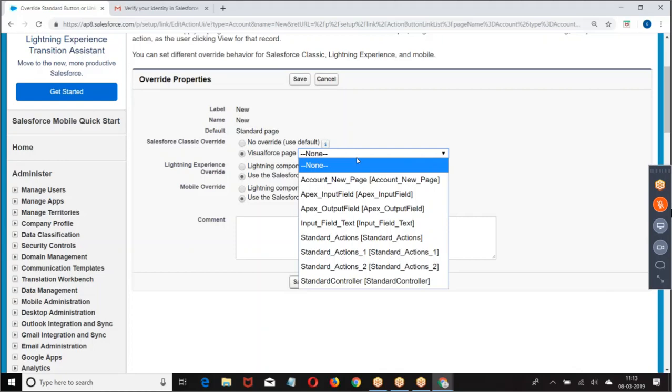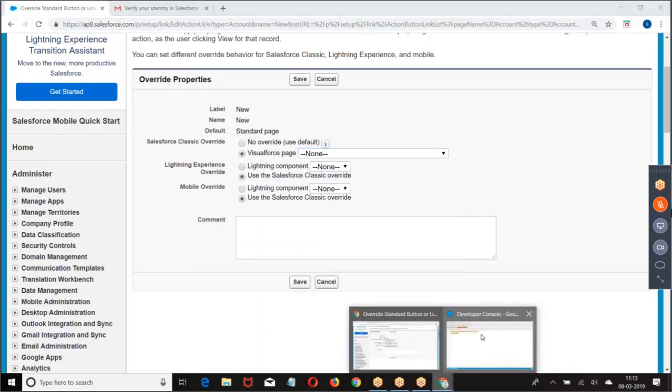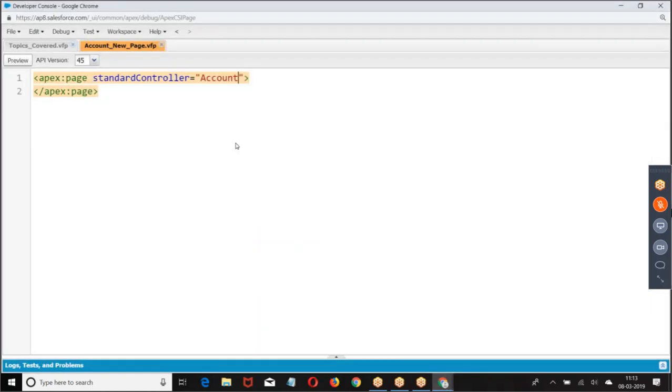Is that clear? So it is a must that I have to use the standard controller. But the problem here is, if I use a standard controller, what can I refer to? Only standard functionalities. If I use a standard controller, I can only use standard functionalities. Let me give you